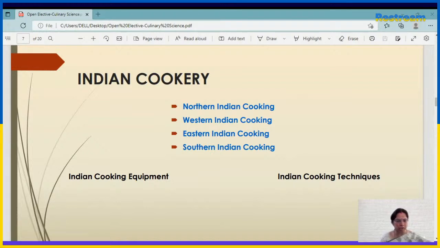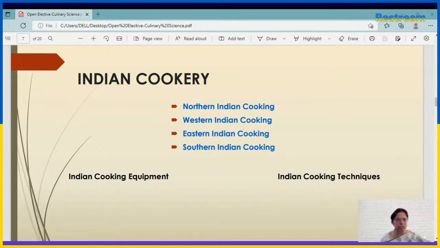Then Indian curries were according to religion. So we have different regions. One is the North Indian cooking, and the North Indian cooking has a strong influence through Mughal people, and they use dairy ingredients like yogurt, butter, ghee, and foods like samosas, palak paneer, and korma are from this region.